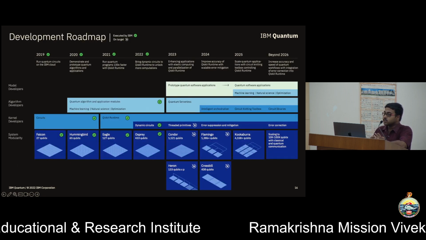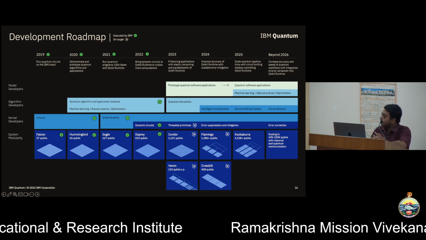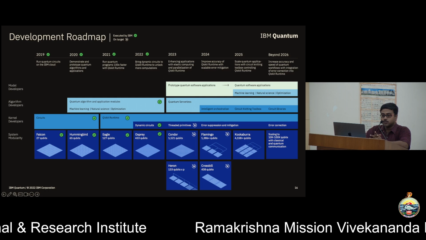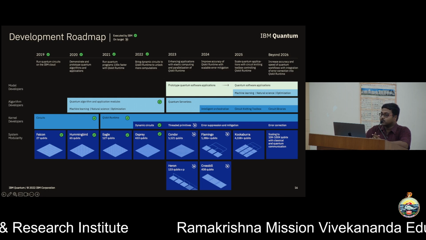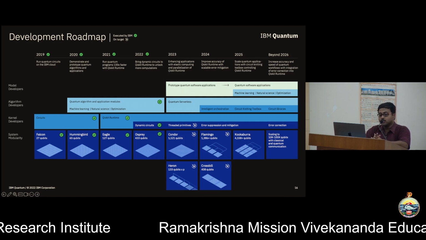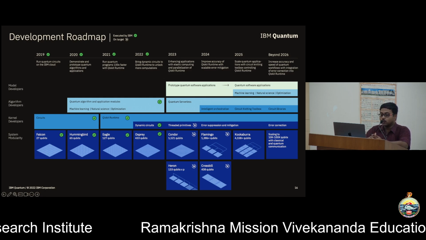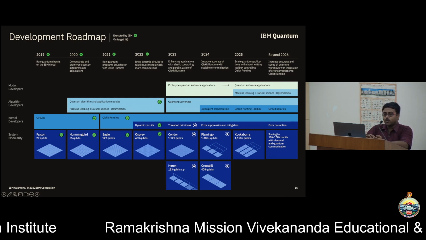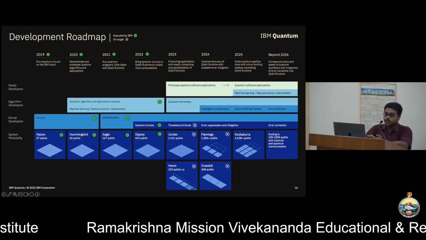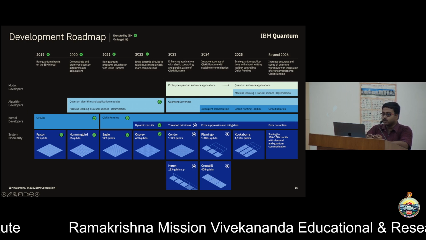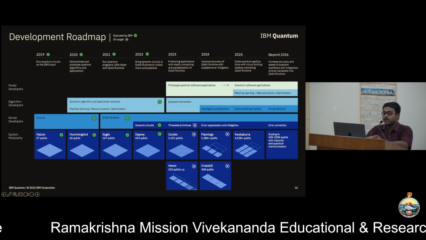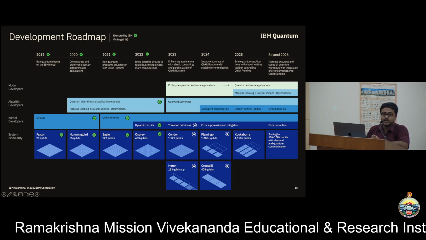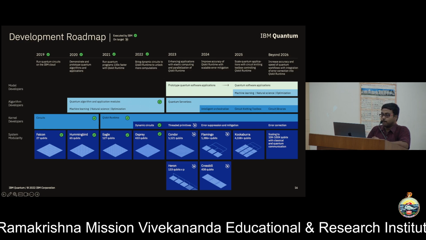So this is our roadmap that we started. Interestingly, in 2016, I was a master's student at Calcutta University, and I had just started working on quantum computing. Some of my seniors were doing PhDs at that time. One professor came, and I still don't agree with his argument, but he told my senior, "Okay, you are doing quantum computation, that's great. But is there a quantum computer?"